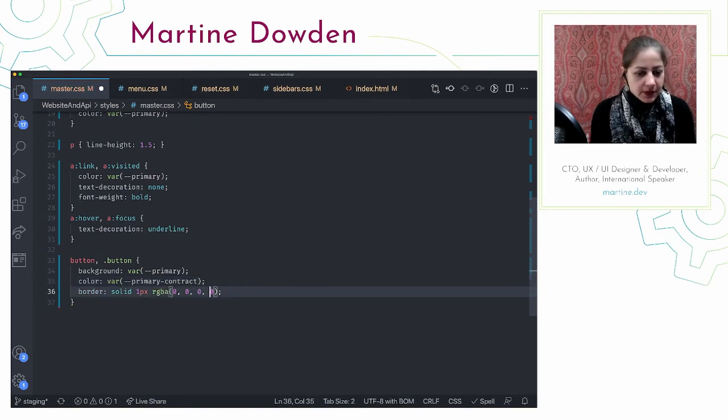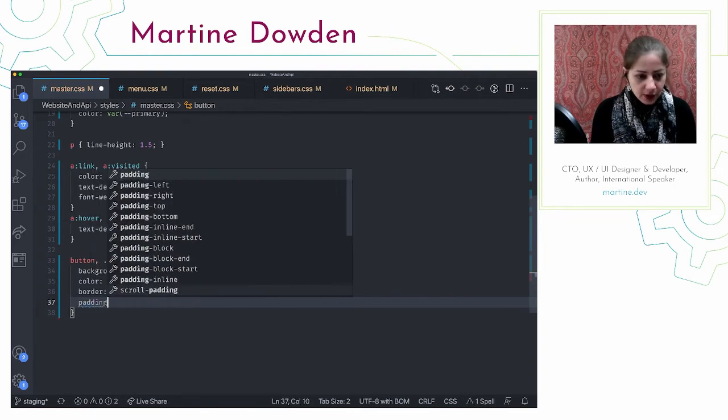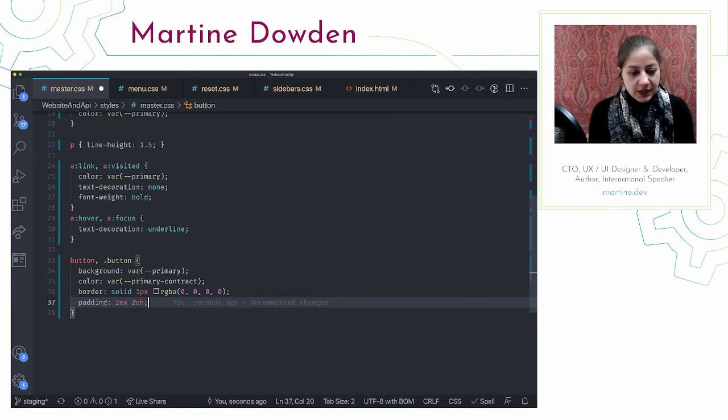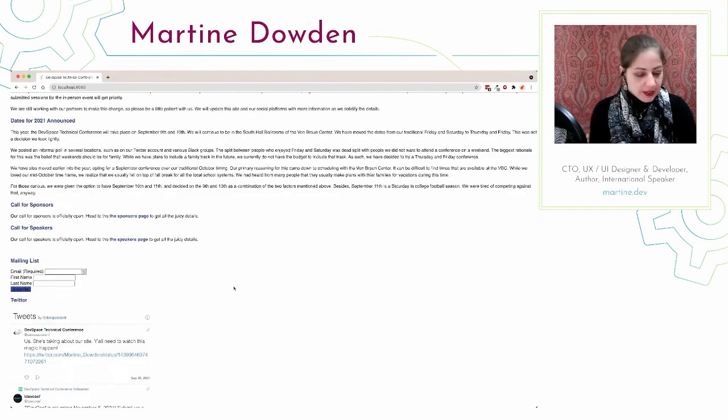Now we also need to give it some padding because it's kind of squished. And so I'm going to use an interesting, some of you may have never seen these units before, so I'm going to explain them. They're really convenient. I'm going to say, in my height, I want 2EX, and for the width of my padding, I want 2CH. EX is relative to the height of the letters, and CH to the width of the letters. So whatever font size you're using inside of your button, the sizing of the padding is going to scale directly with whatever the font inside of it is, which is really cool.